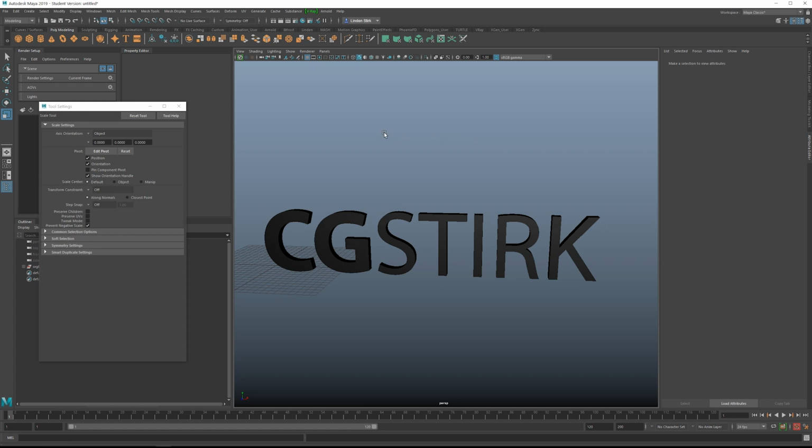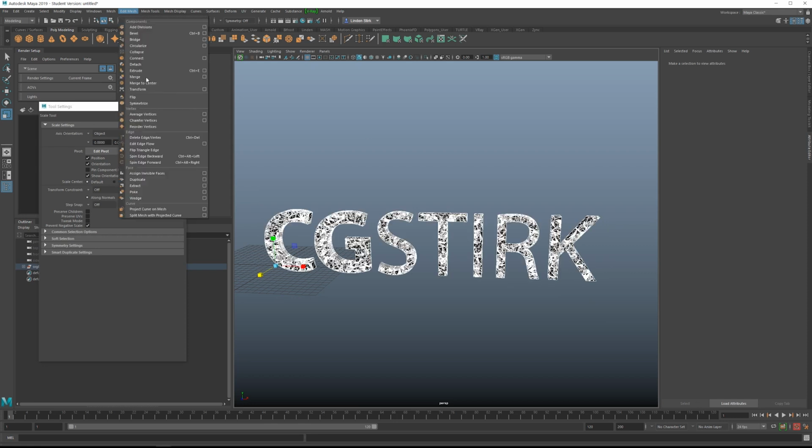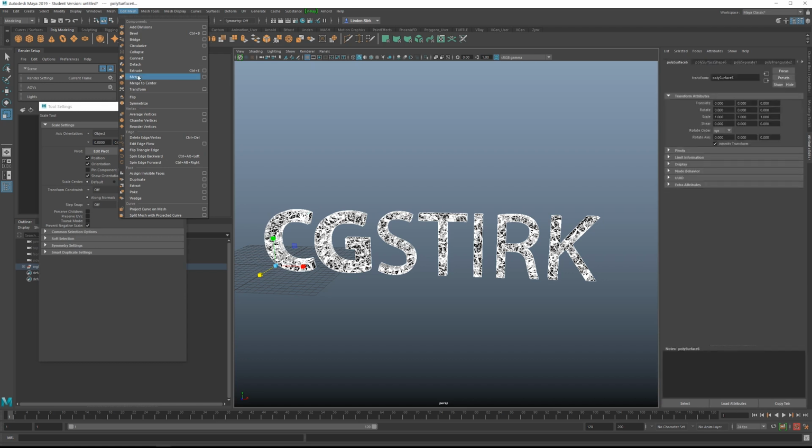So the next thing would be to delete the history. Before you would delete the history, what you would normally do is merge all the vertices. Now, depending on the complexity of your geometry, and again, the speed of your PC, merging can take quite a bit of time, and it's not really going to give you that much advantage except for a lower file size. So inside Element 3D, you probably aren't going to notice if it's merged or not, and I think the time spent merging is probably not worth it. However, if you wanted to, you would just select everything and go up to Edit Mesh and then Merge. But if you do this, I would recommend saving, because this could take a long time, and if you just can't be bothered to wait for it to finish, you can at least reload the scene.